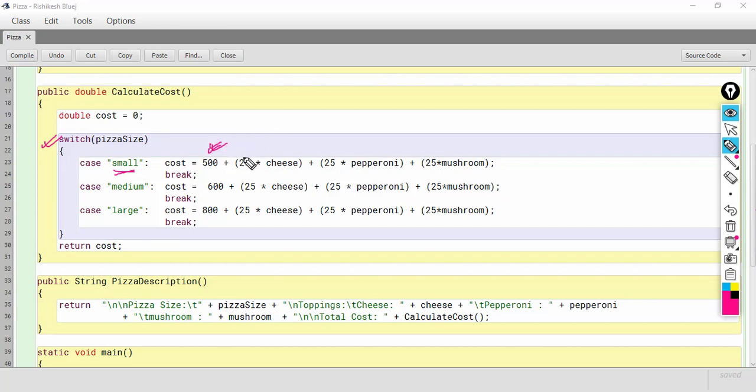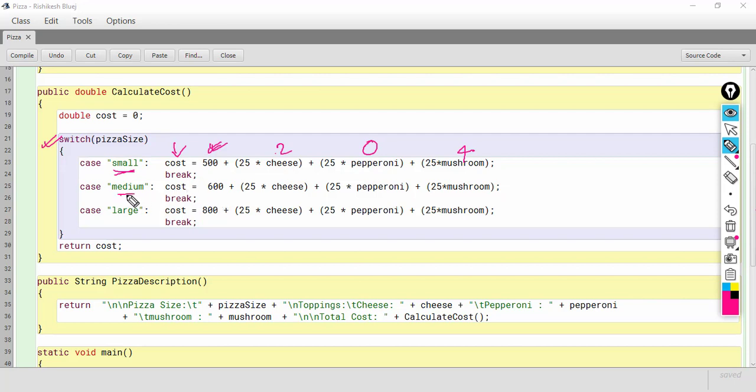It will be 500 plus the charge for different toppings. So if let's say there is 2 cheese, then it will be 25 into 2, 50 for the cheese. If there is 0 pepperoni, then it will be 25 into 0, that will be 0, and if the mushroom is 4, then it will be 25 into 4, that is 100. So this will be finally calculated and stored in the variable cost.